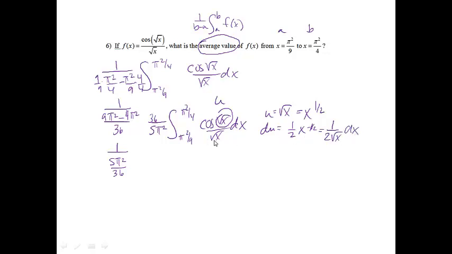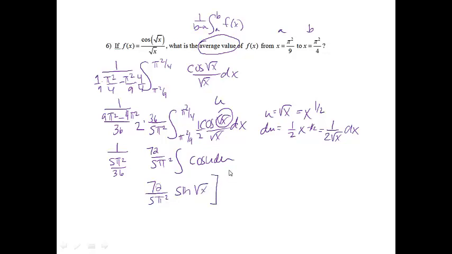And you'll notice I do have the square root of x down below, just like I wanted to, but I need the 1/2. And so if I put a 1/2 on the inside, I need to put a 2 on the outside to undo it. So I now have 72 over 5 pi squared, and then this would now be cosine of u du. And then from here, the integral of cosine is sine. So I'm going to have 72 over 5 pi squared sine of u,